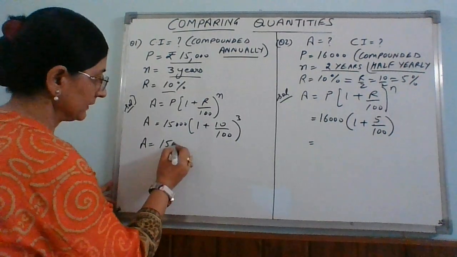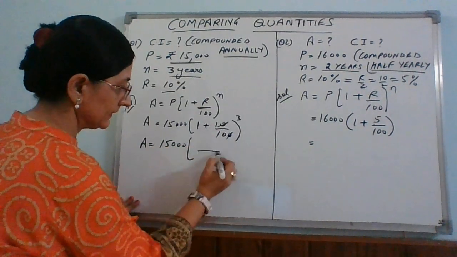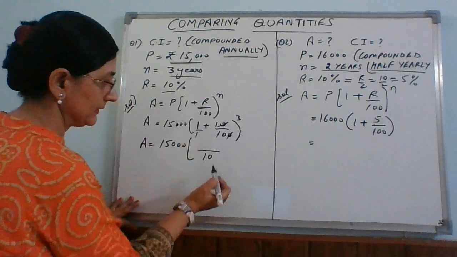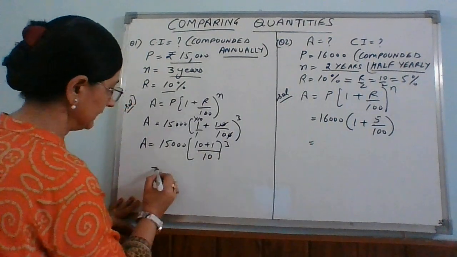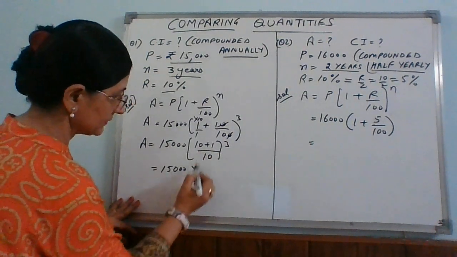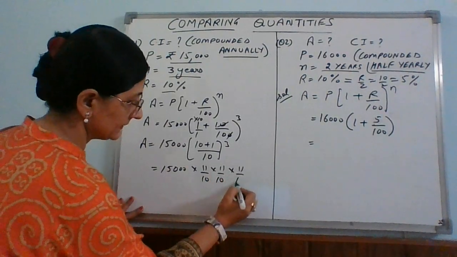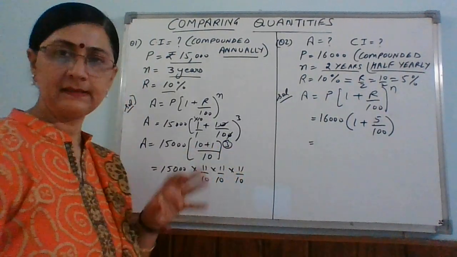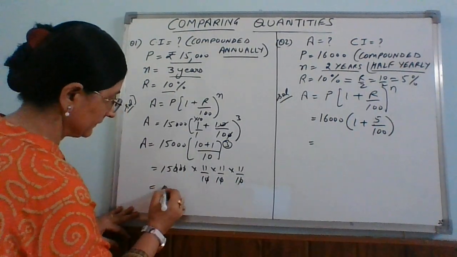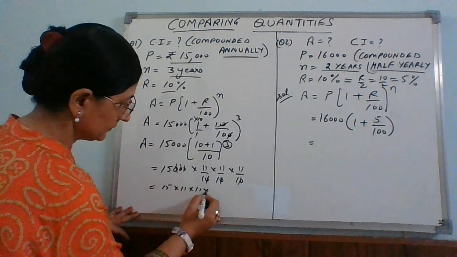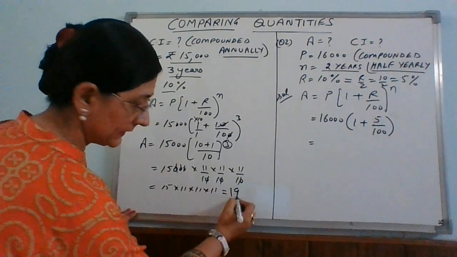When we calculate, this 0 cancels with this. Here it's 1 by 10. You have to take the LCM. Here it's 1, so you multiply by 10. It becomes (10 + 1) power 3. Then you do the calculations. Here it's 11 by 10, 11 by 10, 11 by 10, 3 times, because the power is 3. Zeros you can cancel. So 15 into 11 into 11 into 11. It's a big calculation. So the answer will be here